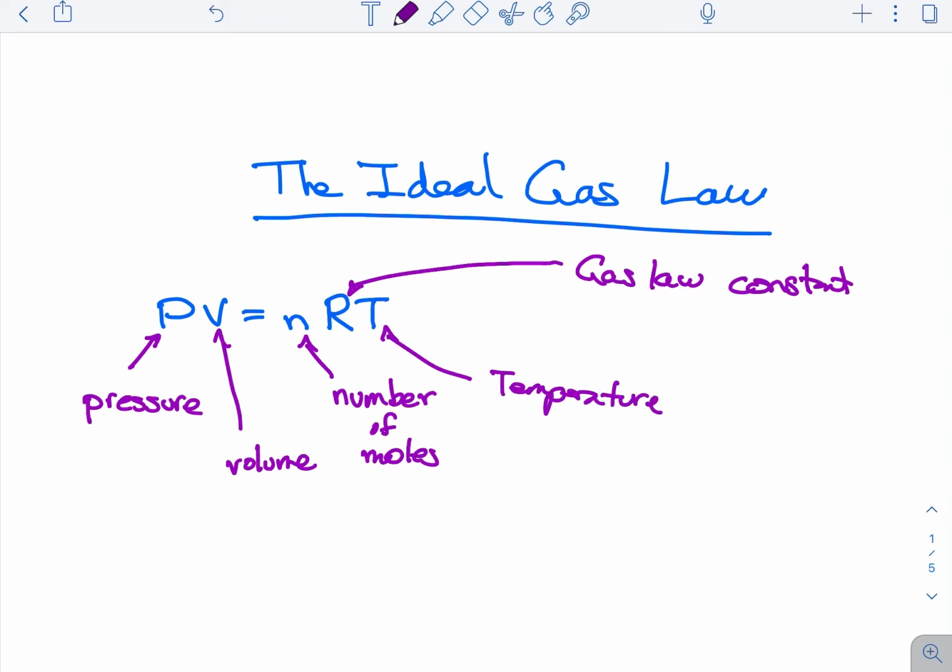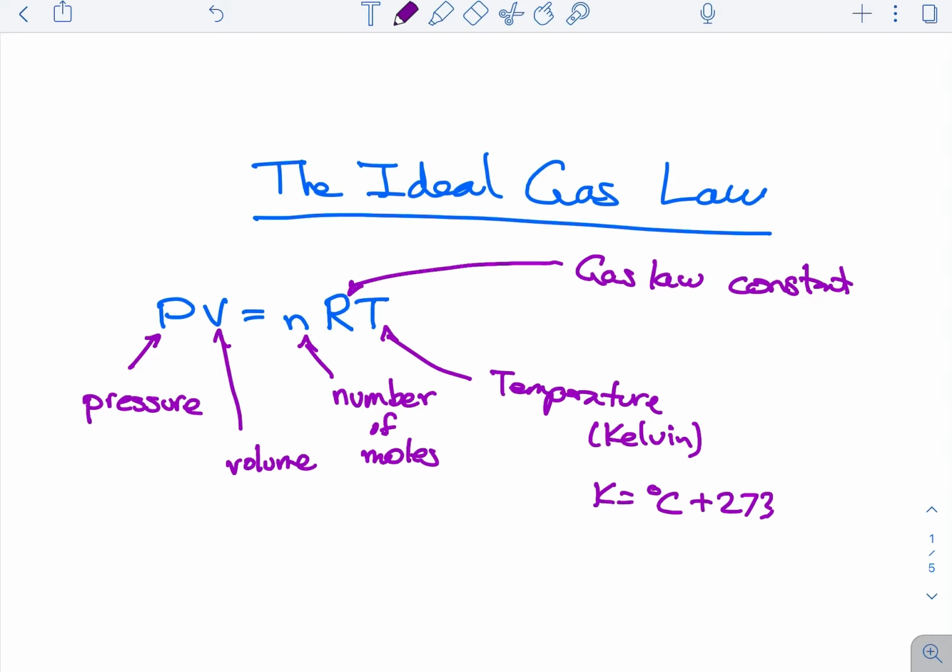The temperature here has to be in Kelvin, so it's very important that you remember to change your temperature to Kelvin, which if you recall, the temperature in Kelvin is just the temperature in Celsius plus 273, okay? So we're not going to use Celsius anymore, really, except for like a week, second semester when we do some calorimetry stuff. We're pretty much going to focus entirely on Kelvin. All right, so